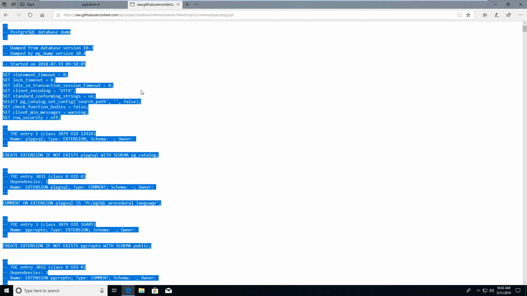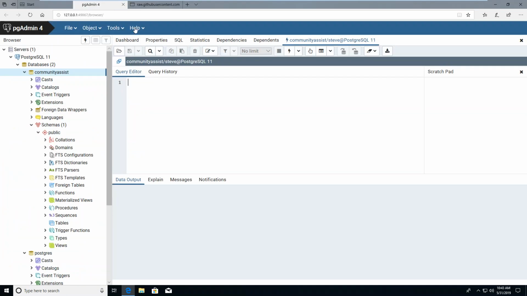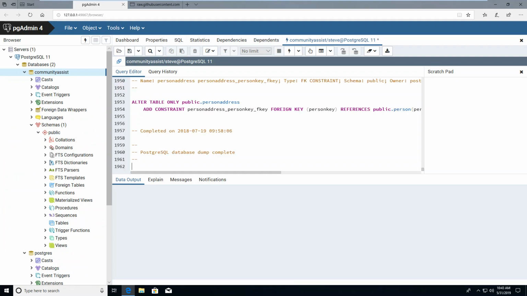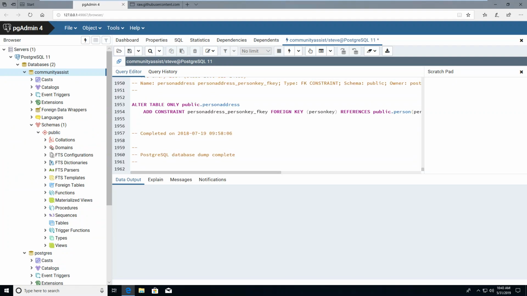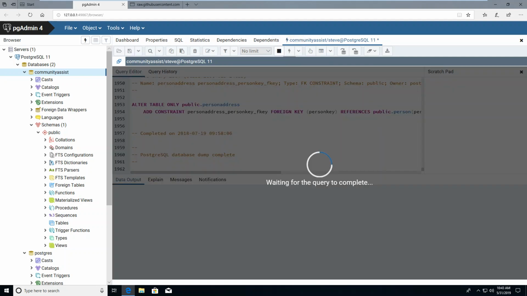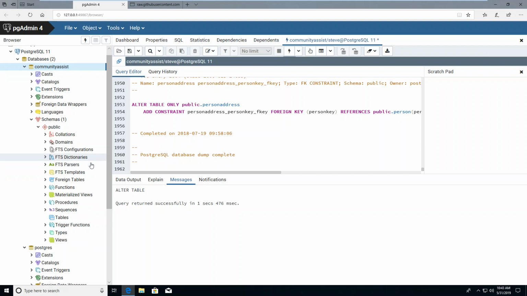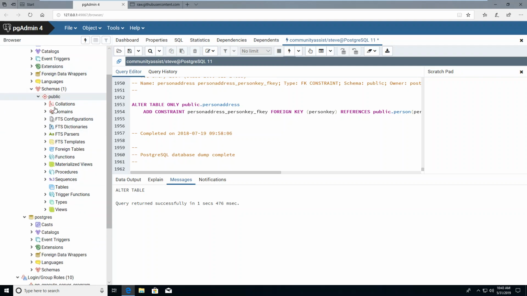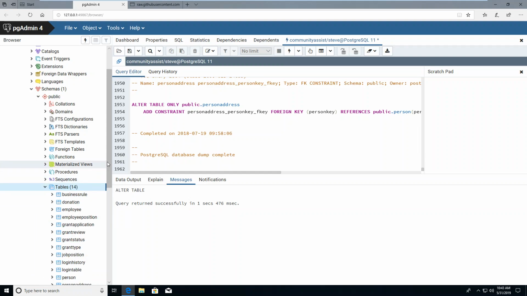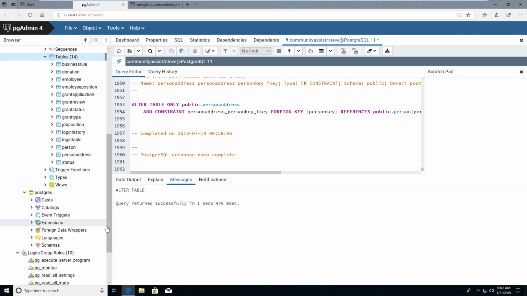I'm going to do Control-A, Control-C. I'm going to go back to pgAdmin 4, and I'm going to paste. Alright, and then I can hit the lightning bolt, which is execute, and it'll execute. Notice it says that query returned successfully in 1 second and 476 milliseconds. Now, if I go to tables and just click refresh, and we open that, you'll see that it has a complete list of tables. And within those tables, there is